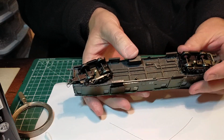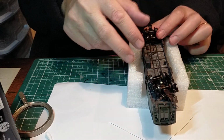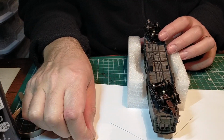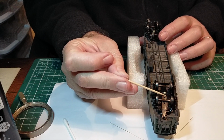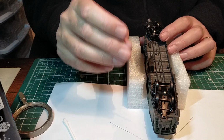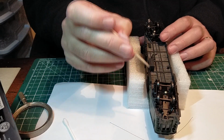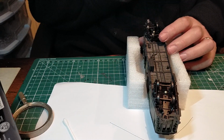The bogies, of course, and this is the magic thing of this model. We don't have any metal pickups, flexible copper pickups on the bogie. These bogies are absolutely identical to the bogies on a non-illuminated, non-lit model. In fact,